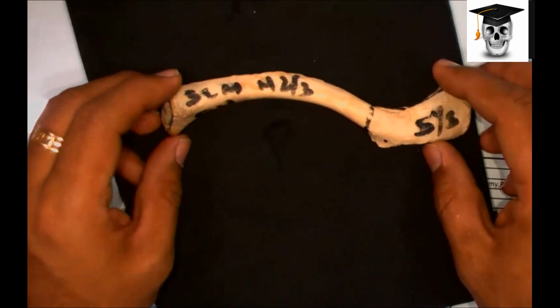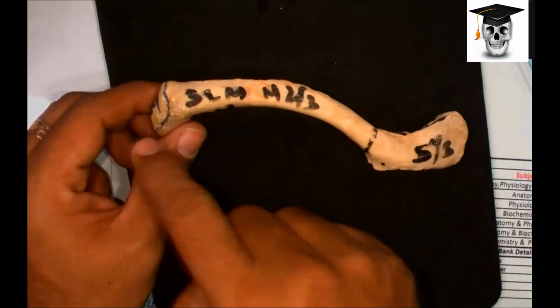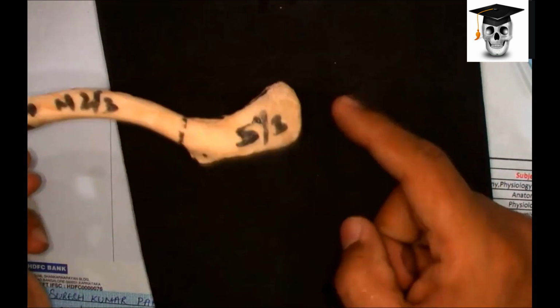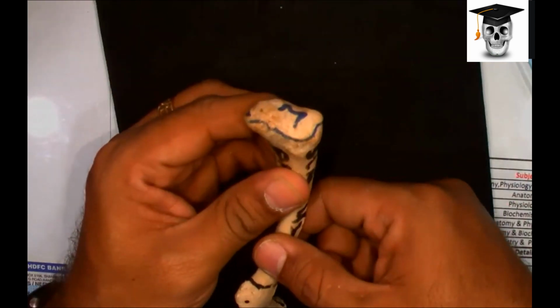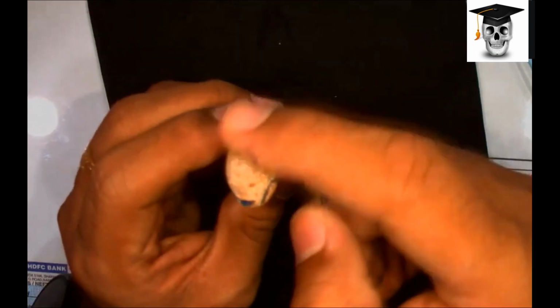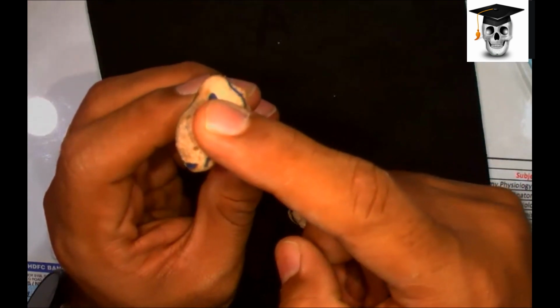Now let us talk about the ends. First is the medial end. The medial end is also called the sternal end, and the lateral end is also called the acromial end. The medial end, the sternal end, is quadrangular and quite broad, and it has three parts. The central portion is an articular facet, which articulates with the manubrium sterni. You call that the sternal facet.